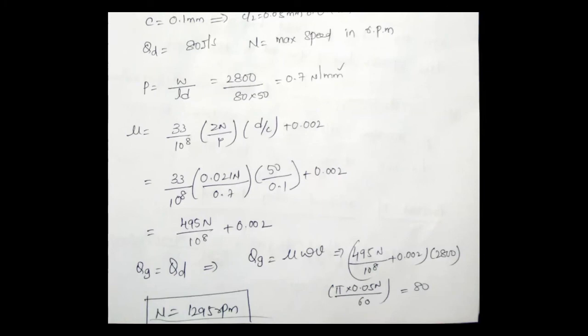In the data book also, in a particular column, you have H0 values, H0 by C or H0 by R, something like that. Based on the particular case, according to your corresponding bearing pressure value, you can consider your H0 by C value. Directly you will get the value of H0. Everything is available in your data book, but you try to apply it according to the given problem only.